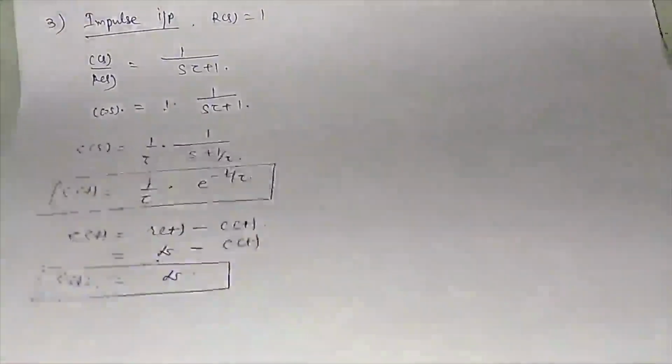Now we are going to go for another system, that is your second order system. Okay, so what is actually the second order system? The highest power of s which is present in the denominator of your transfer function or the characteristic equation is nothing but the order of the system. So for second order, there will be s square plus something into s plus some constant is equal to 0. This kind of term is nothing but the second order system, but we need to generalize it.